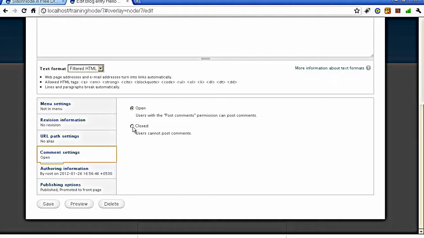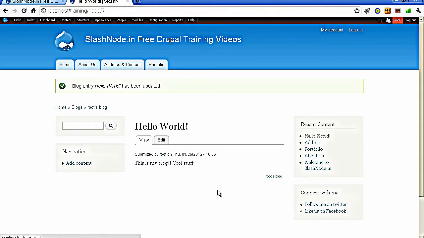So you can see under the comment settings there is an option to either open or close your comments. By default it is open, and if you want, you can close it. So let me close it and save it now. Here you go. Now you can see that the comment section is now gone. So very easy thing to do here, nothing much.